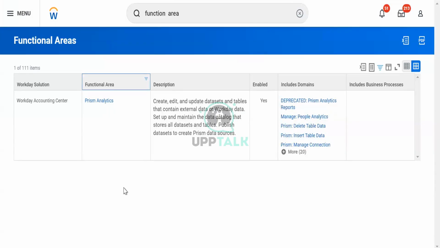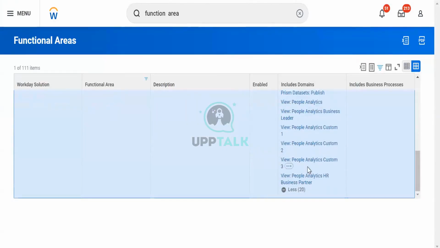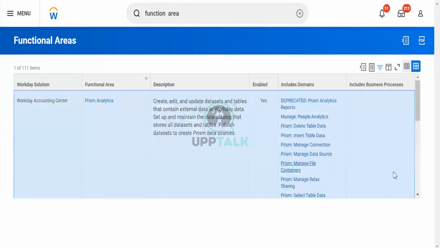There are certain checks we discussed. First check is whether Prism Analytics is enabled or not. Only by enabling Prism Analytics will we be able to work. Here we can see the description: create, edit, update the data assets, tables containing this. Basically, we are subscribing to this particular service of Workday, and based upon this, it shows these operational areas come under different domain areas. Yes, if you see this domain